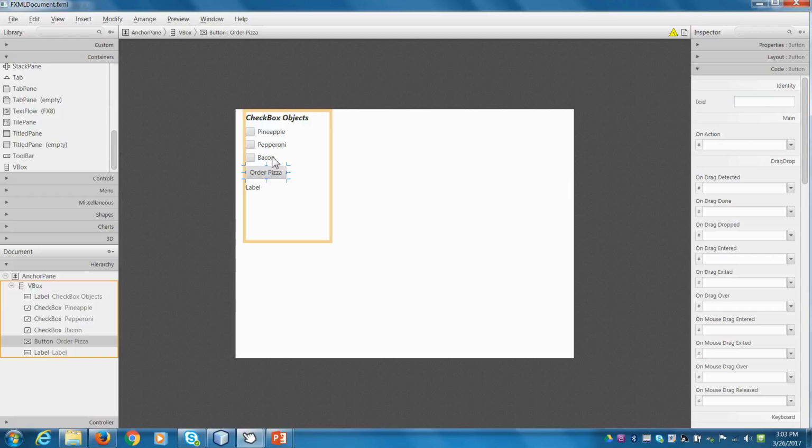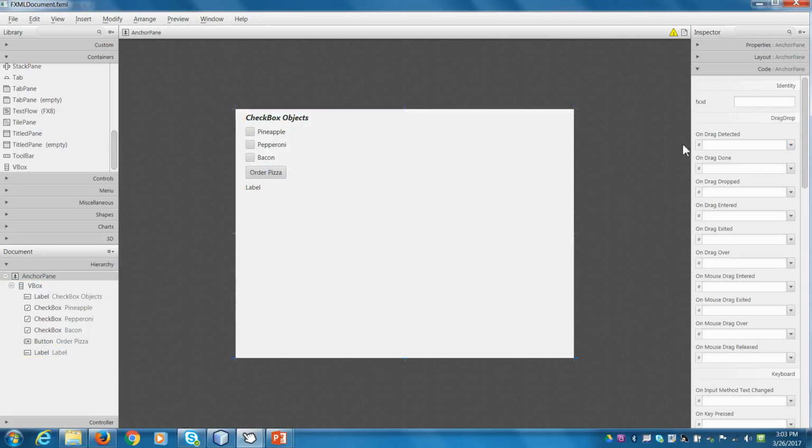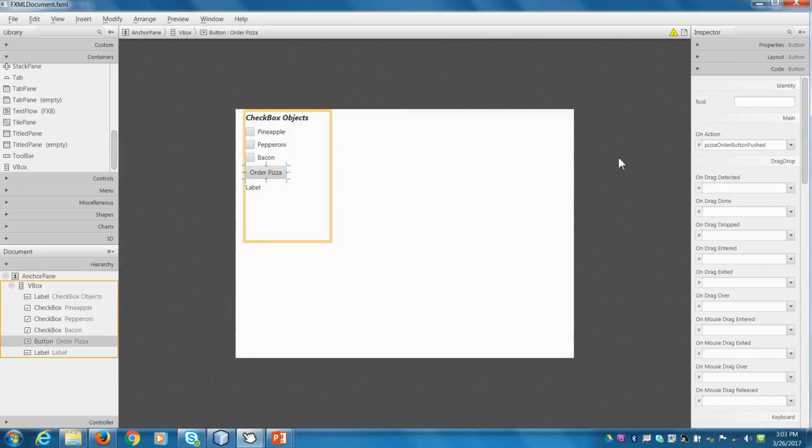And then the last thing is we made a method for this button. I don't actually need to give the button an ID because I'm not manipulating or changing things with the button. But when there's an action for that button, I can just say the button was pushed. So whenever this button is pushed, call the method. And I'll go back here, I hit save,